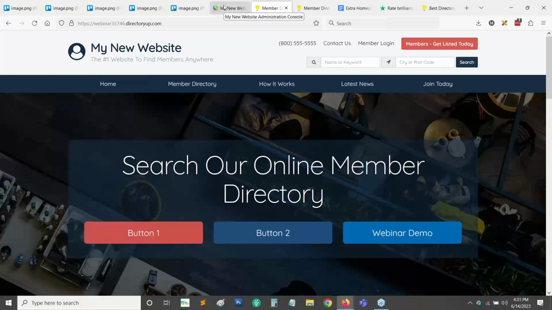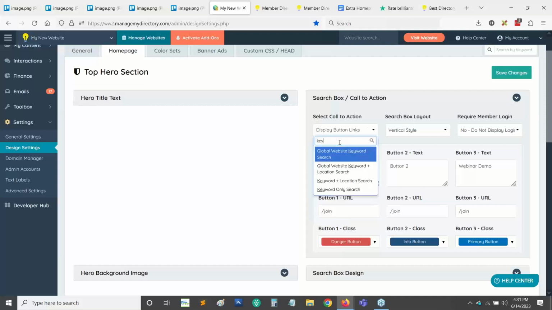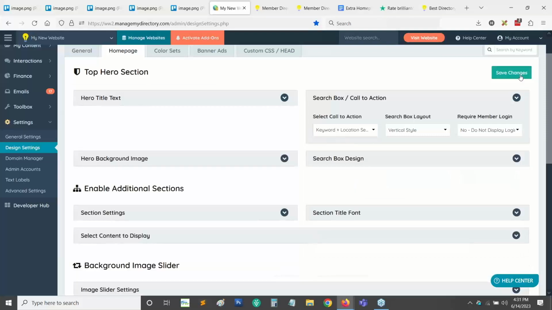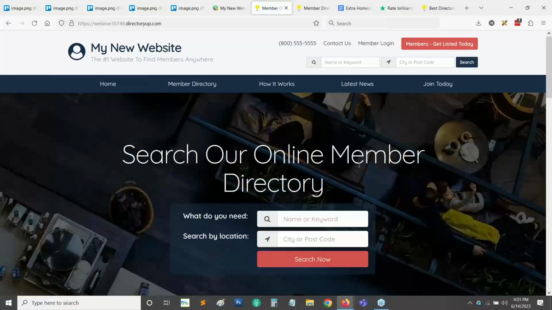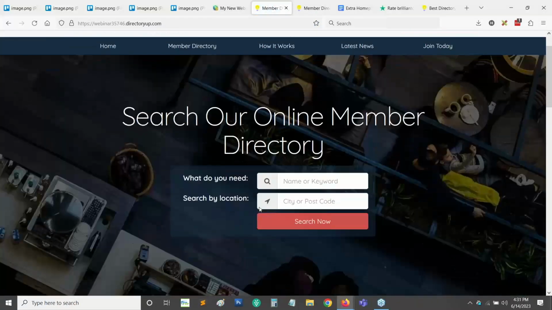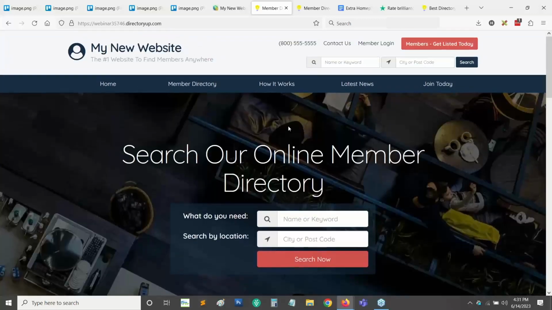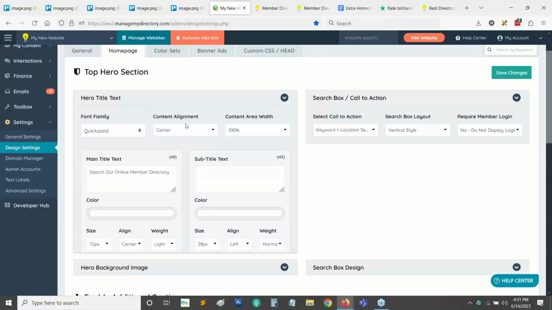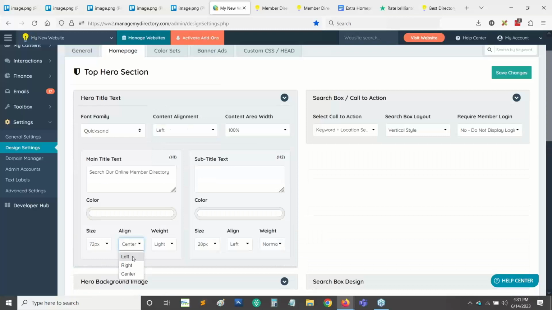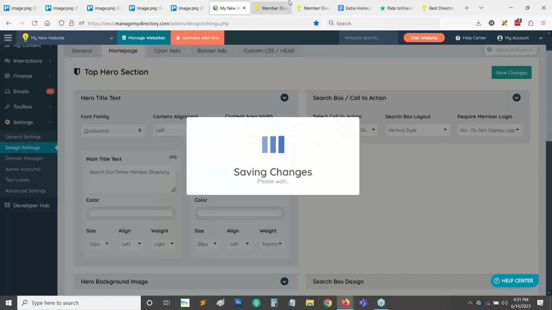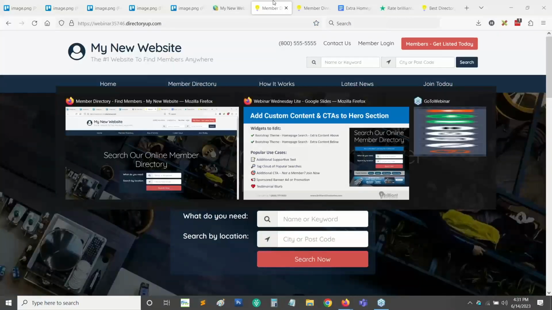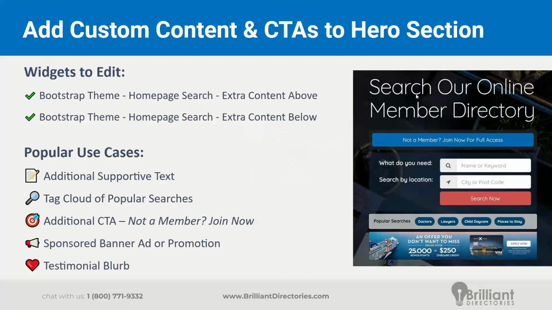And then lastly, if we go here, we can do the keyword and location search to search for members, and we'll hit the refresh button, and we can see we now have kind of the typical search that a default Brilliant Directory site begins with. Of course, it's meant to be enhanced a bit further. And let's take it another step further. Instead of centering things in this example, we're going to left align everything. So let's save the changes, and then we'll show you how we're going to add some of these custom content